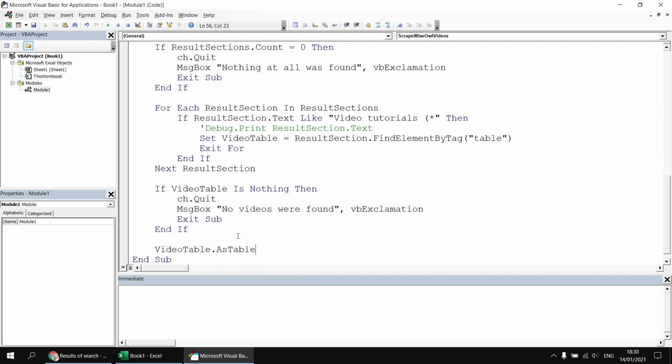What we can then do is apply to that the method toXL. We've got two choices here. We could say data, which returns an array of all the information in the table, or use the toXL method, which will just write the entire table into a worksheet, providing we specify where it should go. So I'm going to use the toXL method, and the